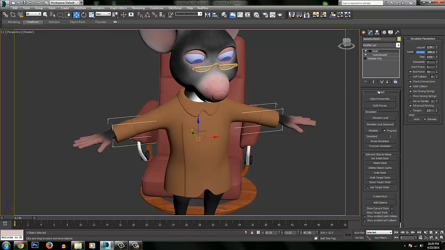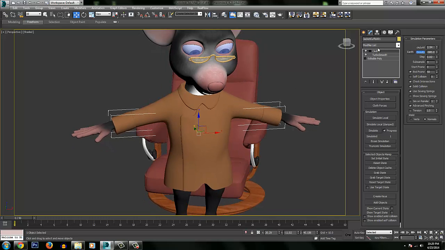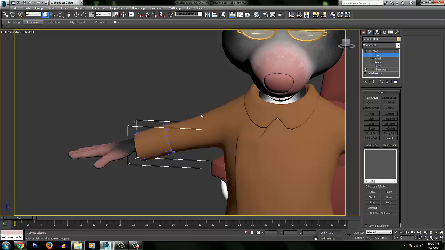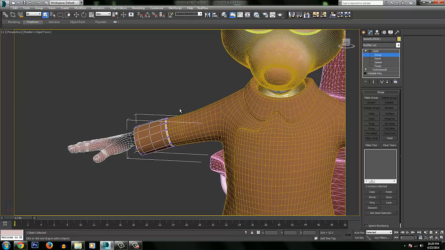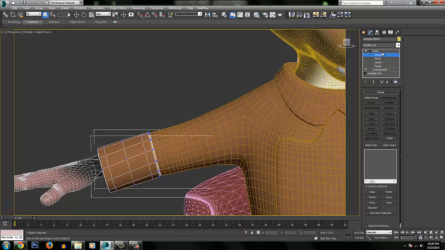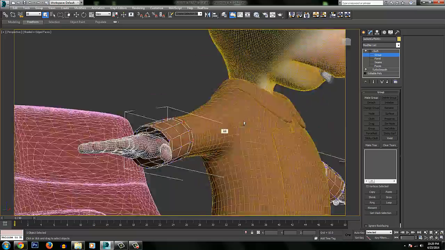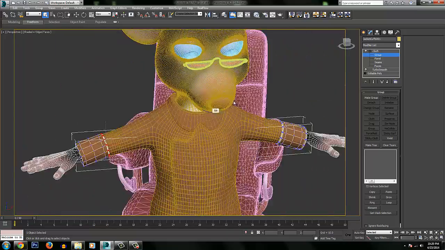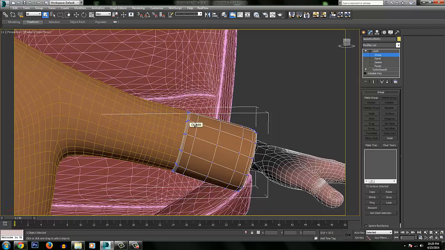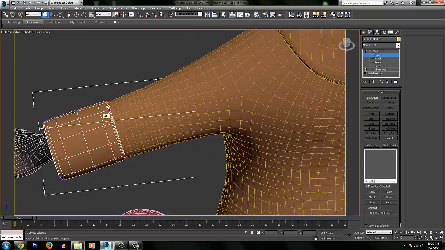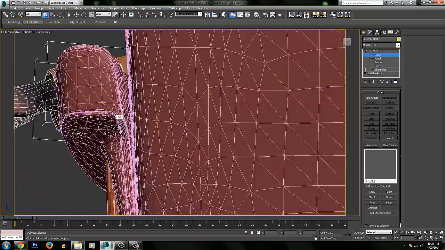And I think, so we go back into here, go to group, and we want to grab right here this last little series of edge loops that go around, just to attach some of the